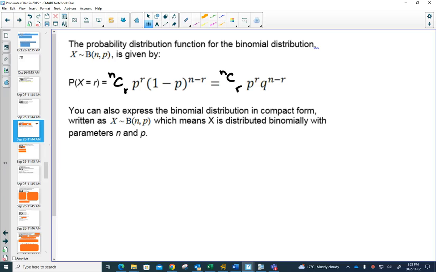And what we need to recognize here is that this is very similar, right? I'll write it out from grade 11. That's our formula for any term in a binomial expansion. Well, in a probability distribution, the probability that x equals something is identical to that formula. But instead of